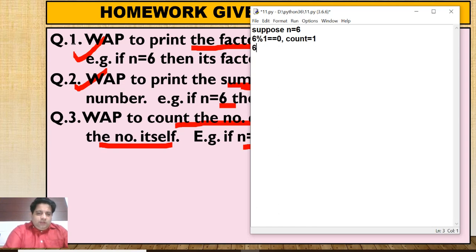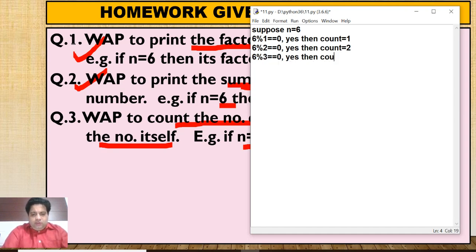Now again, mod that number by 2. It is 0. Yes. Here I am writing yes. Then count will be 1. Here again yes. Then count will be 2. Now again mod that number by 3. Yes. Then count will be 3. Now again mod that number by 4.